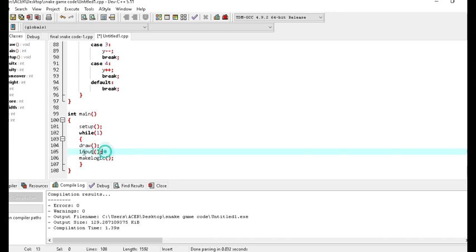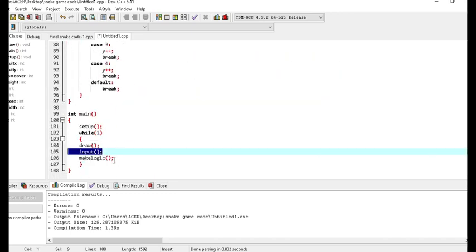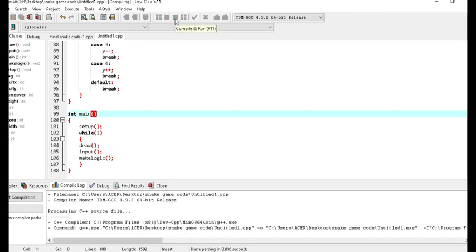Then there is our input function. We have written the input and make logic functions just to move the snake up, down, left or right, in whichever direction you want. So let's first compile this code and see what happens.